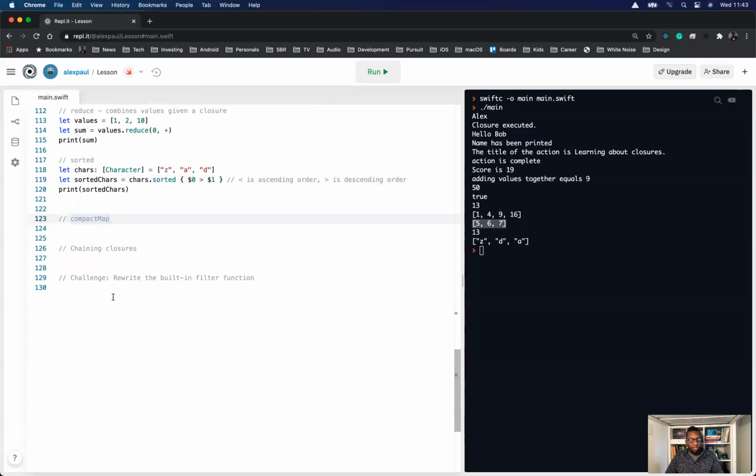The last built-in function which we'll do, there's many other built-in functions, but the last one we'll do is compactMap. So compactMap is very, very useful, right? We really want to be able to know and come to compactMap when we want to. So compactMap, let's just create